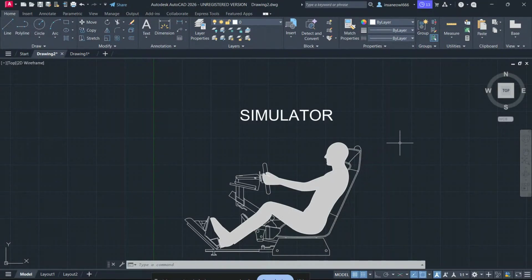In today's video, I'm going to show you how to convert an AutoCAD DWG file to CorelDRAW in the easiest way possible. Whether you want to bring in a technical drawing, edit vectors, or prepare a design for further work in CorelDRAW, this method will help you get it done quickly and cleanly. I'll also show you a direct import option at the end, so you can choose the method that works best